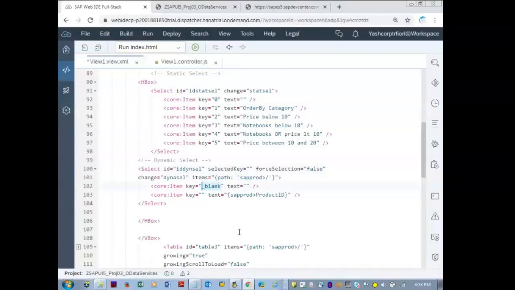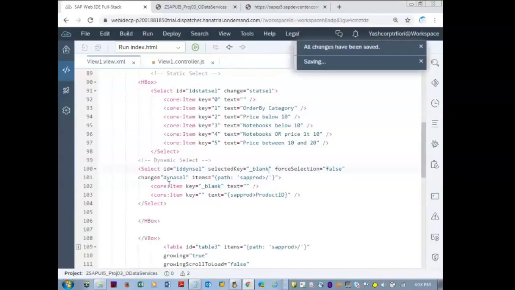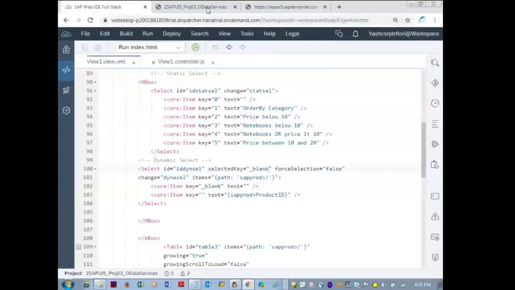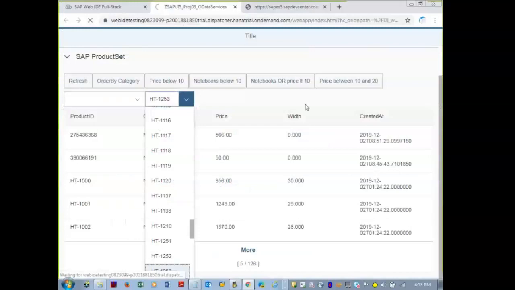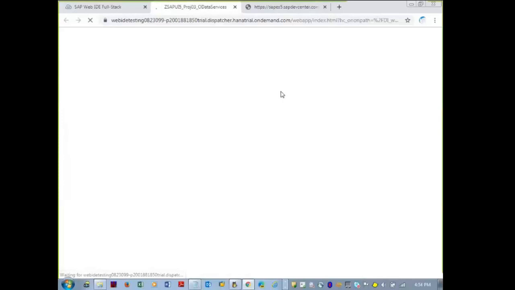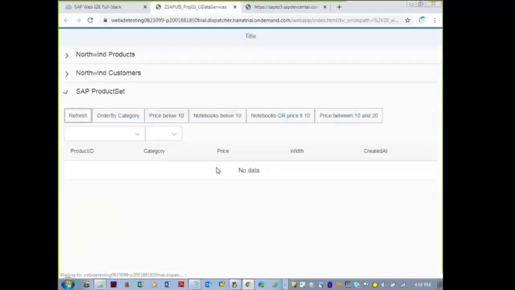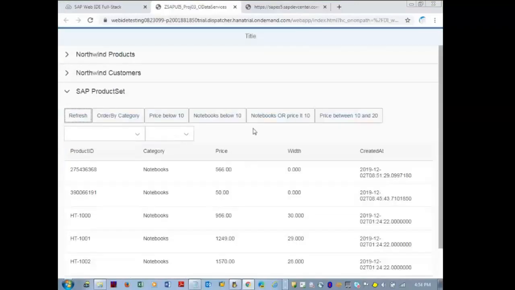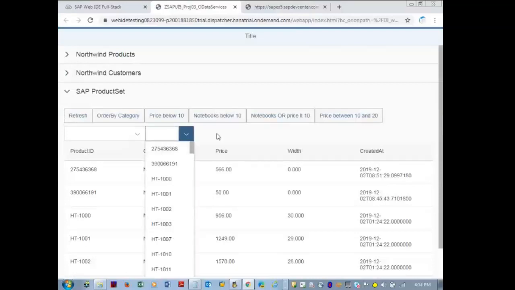We use this underscore blank because otherwise it starts populating from the first row of the data; first line item only, it does not care about the blank. So we force it to have a blank. Key is not given priority here, text is given priority. First time you can see a blank here, then I can have the product selected.